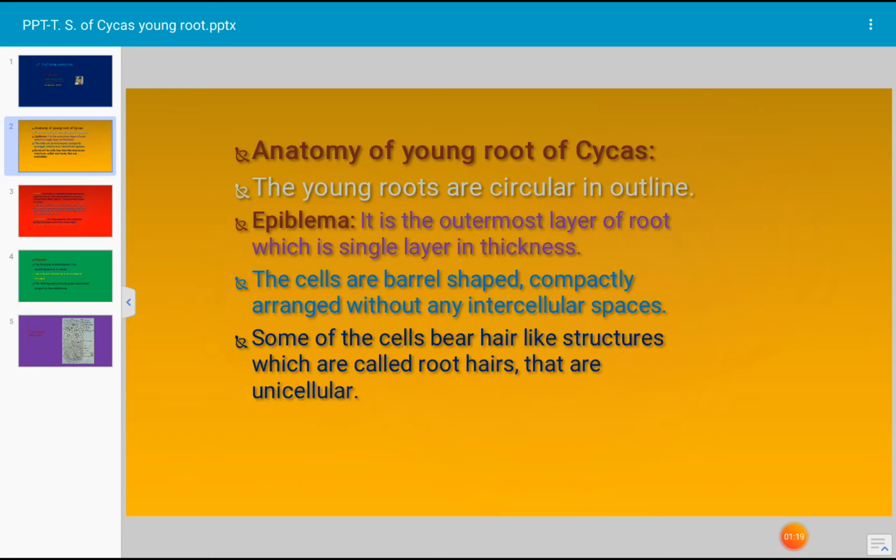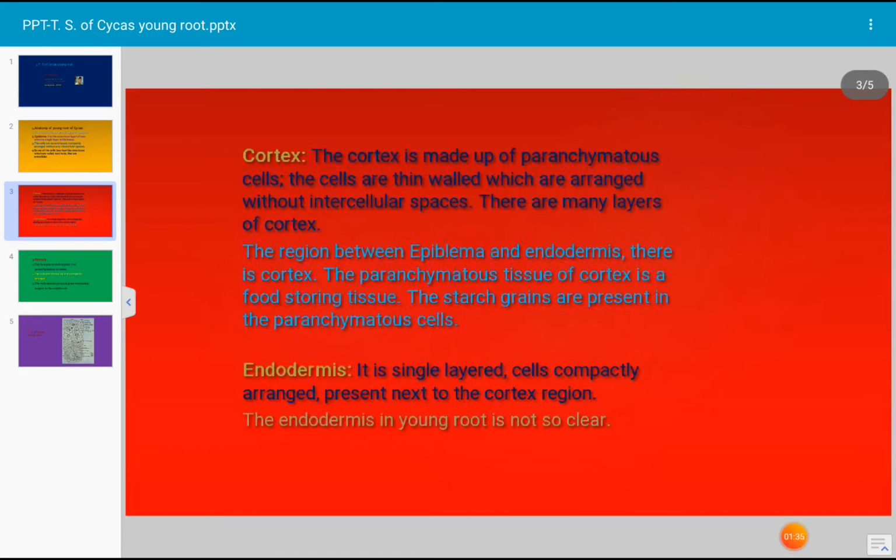Some of the cells bear hair-like structures which are called root hairs that are unicellular. The root hairs are developed by the modification of the epiblema cells. Okay. Next, this is the